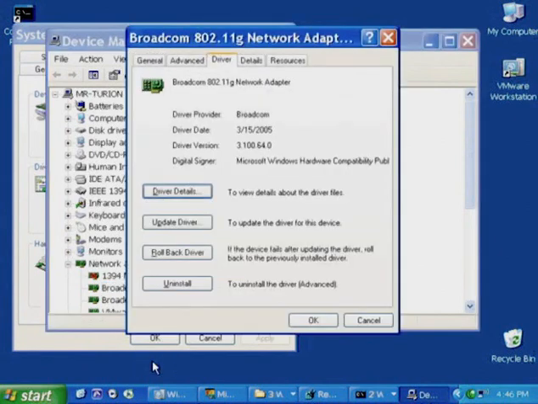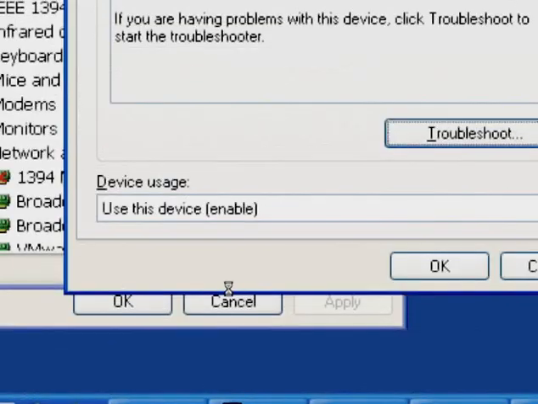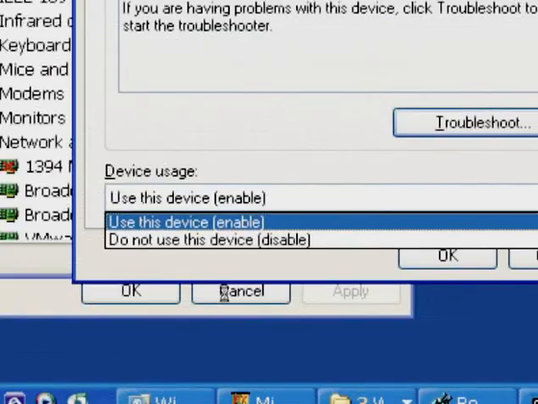If there is none and you've determined that this driver does have a bug in it and your system can run okay without it, the next step is to disable the driver altogether. And you do that from the same place, the Device Manager that Dave was just showing you. I'm going to pull up the Device Manager again and double-click on, or take a look at the properties for that same network driver, and you can see on the General tab it says Device usage down here at the bottom. Use this device (enable). That turns into a drop-down where the other choice is to disable the device,